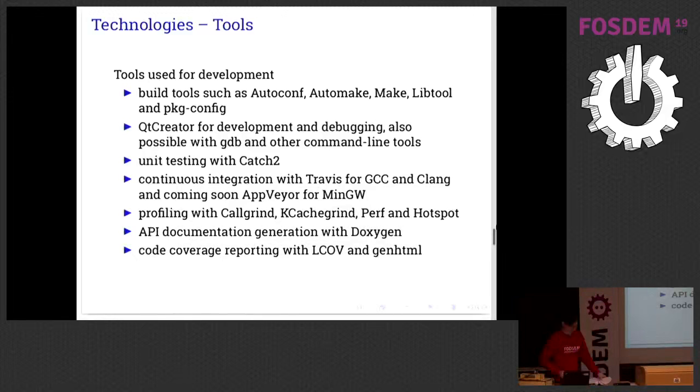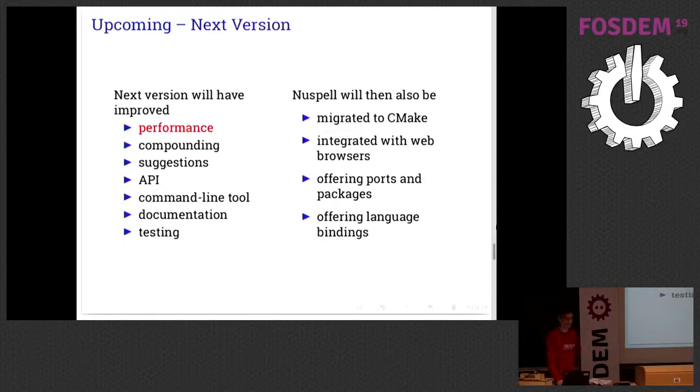So for 2019, 2020, we plan to make a next version. Of course, we want to do much more performance increasing. We do that with a different data structure which is underlying, but also by concurrency and also increasing the quality